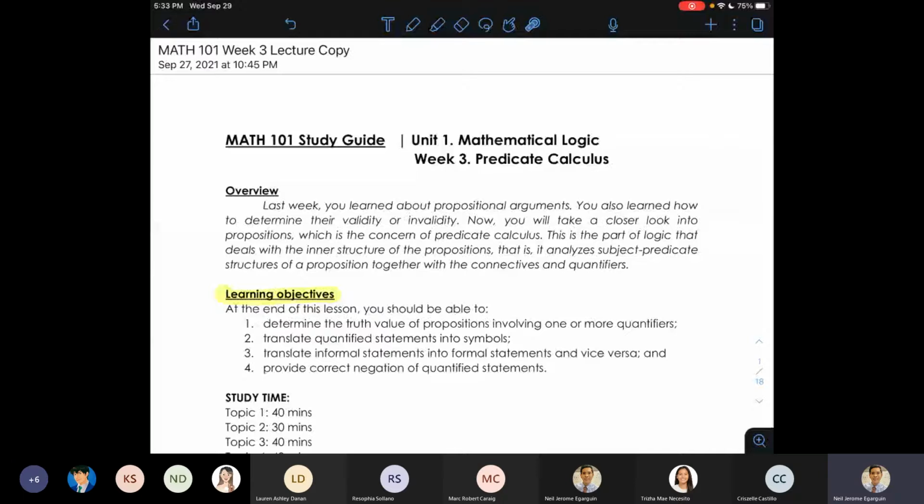Propositions in general. Now, for this week, we'll be talking about predicate calculus. So we will dig deeper into the inner structure of propositions. Kasi yung propositions natin dati ay isang statement na nag-work as if sa buong, sa lahat ng objects sa isang universe of discussion. Diba, sinabi natin na if all fish,